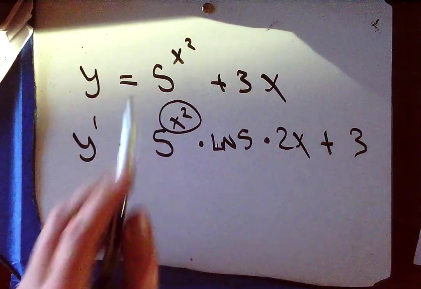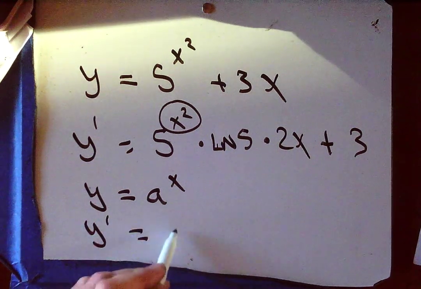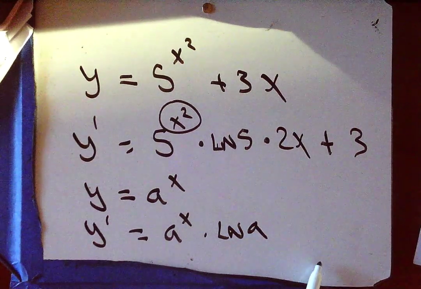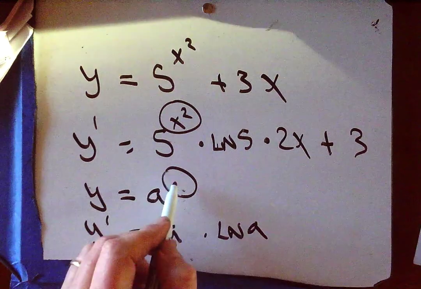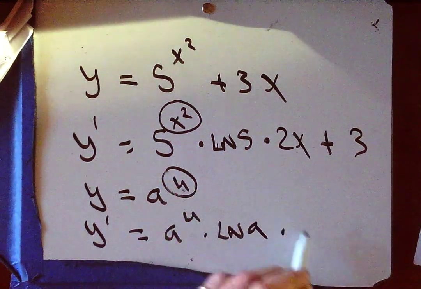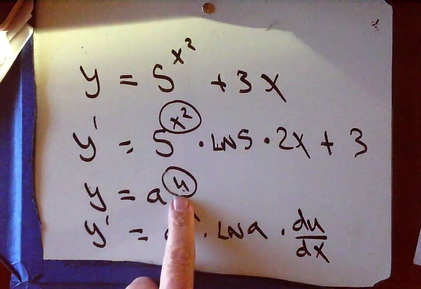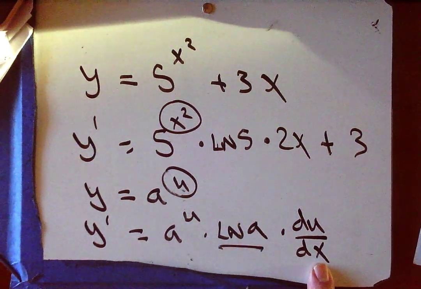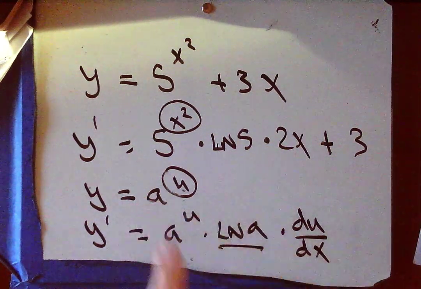Okay, again, if we're talking about y equals a to the x, y prime is itself times ln of the base. But what if we have stuff up here, right? What if this is u, and u is a function of x? Well, then don't you forget du dx over here. Chain rule still lives. You've got to multiply by the derivative of that inside function. This is not the derivative of inside anything. This is a constant that is part of the derivative of a to the power. All right,